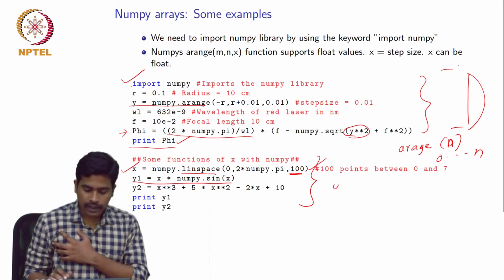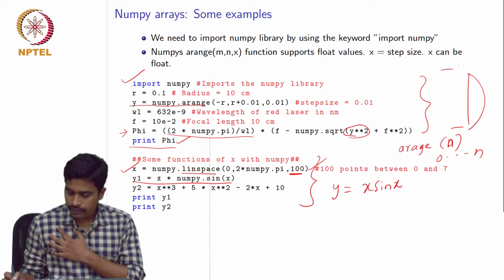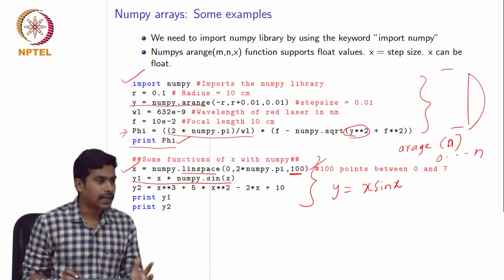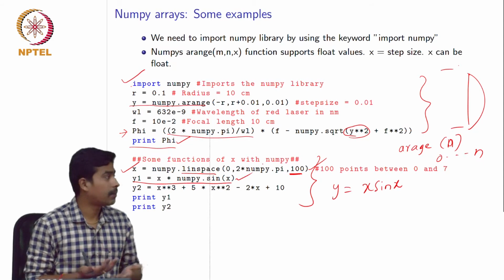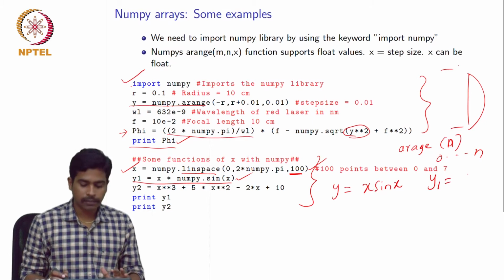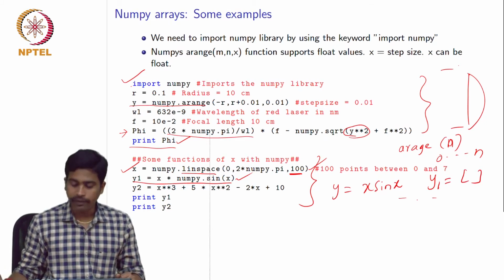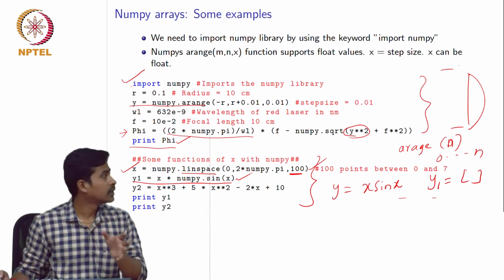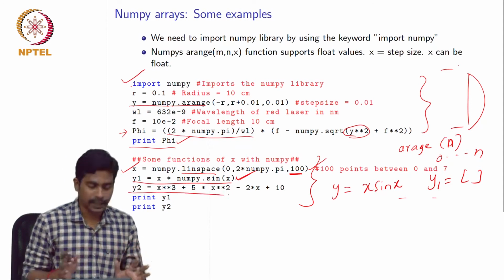So in this first one, what I am calculating is this function, y equals x into sin x. I just have to write it like any mathematical equation, but it will interpret it as a NumPy array without for loops. But normally to do the same thing with lists, we have to create a dummy list and write a for loop, and on each of the iterations we have to append the value of the computation to the new array. But in NumPy we can just write this expression and it will calculate the values.